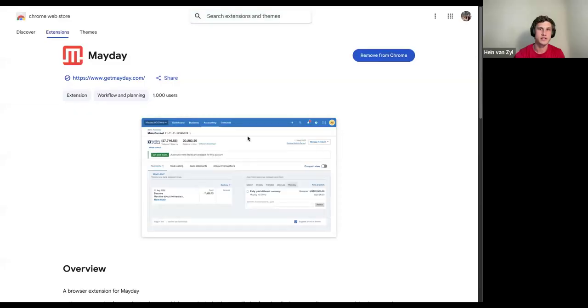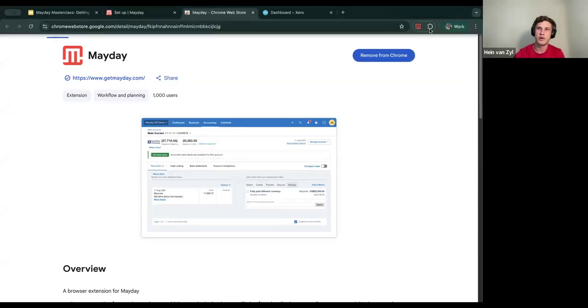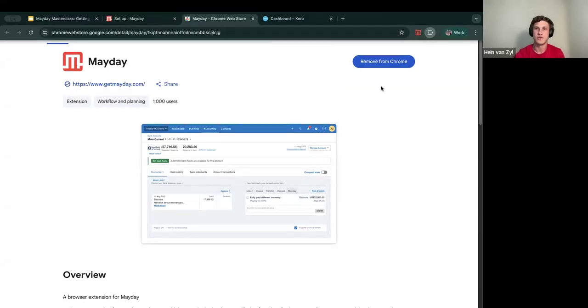If you then click on downloading this browser extension, you'll be taken towards your Google Chrome extension. I've already downloaded it here, but if you download it for the first time, you'll see here where you can download the Mayday browser extension, and it will pop up here on the right-hand side. If it doesn't show here immediately, all you have to do is head over to that nice little puzzle piece next to it, and then from your browser extensions, just choose to pin Mayday, which will mean it shows up there every time you open up your browser.